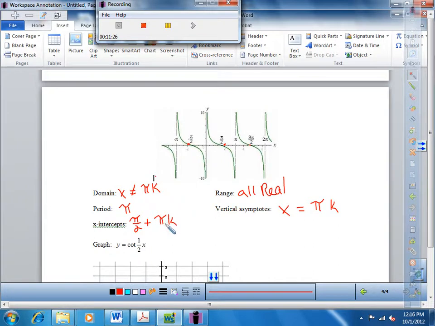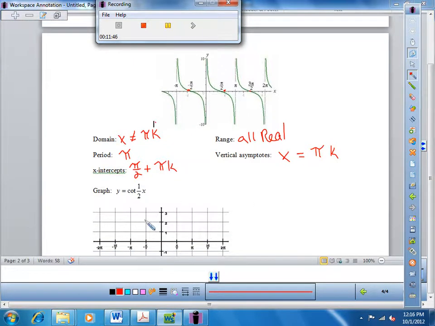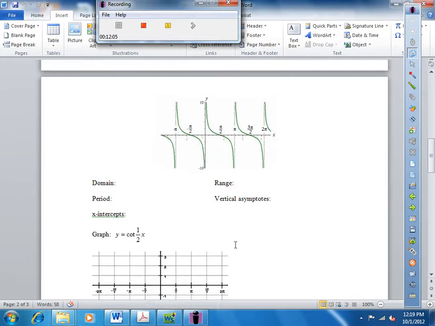Okay? And that's that. So this is what the graph of cotangent looks like. It starts on the y-axis and comes down until it hits pi, and then it keeps repeating like that. And so if I want to graph y equals 1/2 cotangent of x, what's that going to do? Is that going to make it go faster or slower? Slower. Yeah, like Logan said, it's going to make it stretch out, because